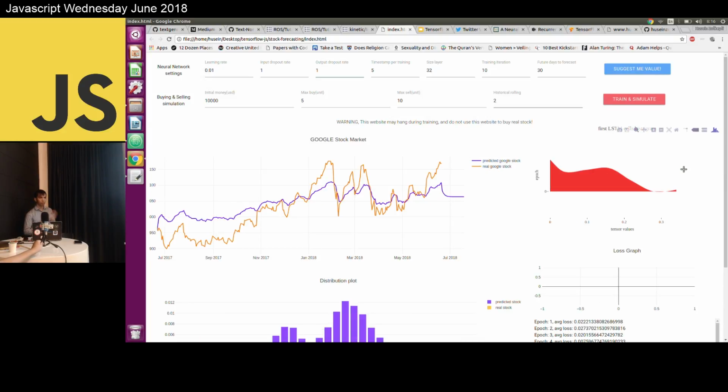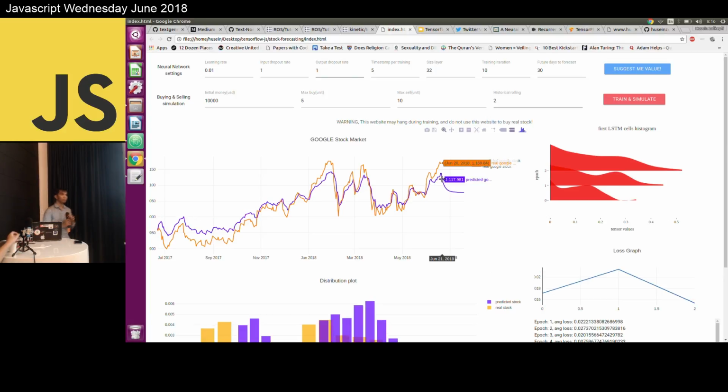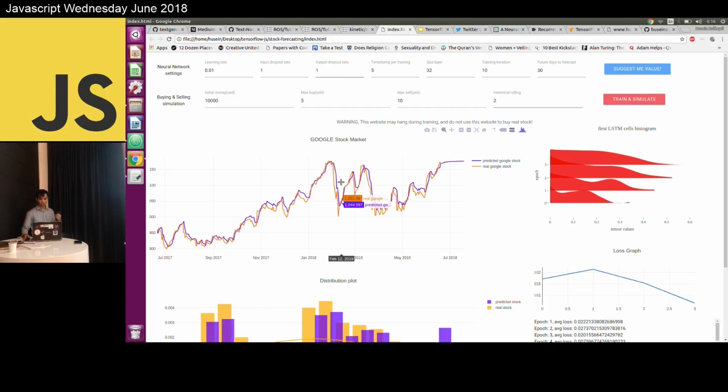So the line is smooth, but what happened? It cannot learn anything new. It cannot focus on new days like this. You can see the June, and here is the predicted future days. So what does this mean? The neural network actually memorized the pattern of the graph. It doesn't learn how the graph moves from the previous years. Instead it just memorizes. So when we ask it to forecast the future days, it cannot.